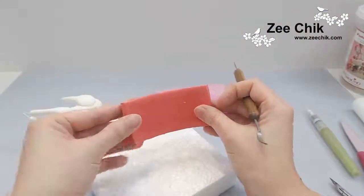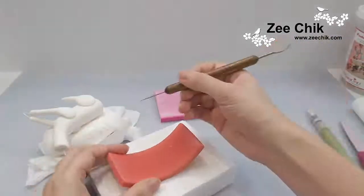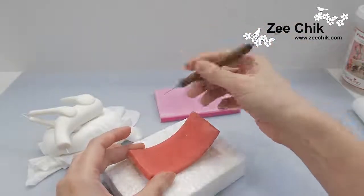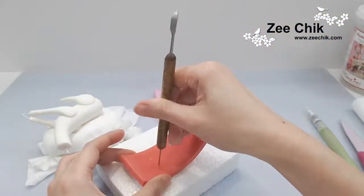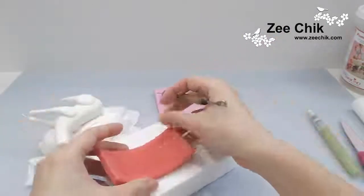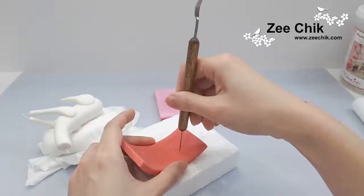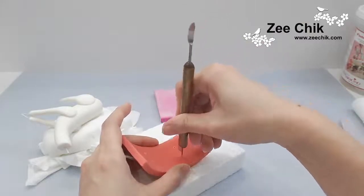This is still not completely dry in the middle because I can see the color. Now I am going to use this, and you see I can just go through. If it is completely dry, you will not be able to make a hole there. I think it's okay. I'm not very bothered with the accuracy of it because you can put icing sugar or presents,